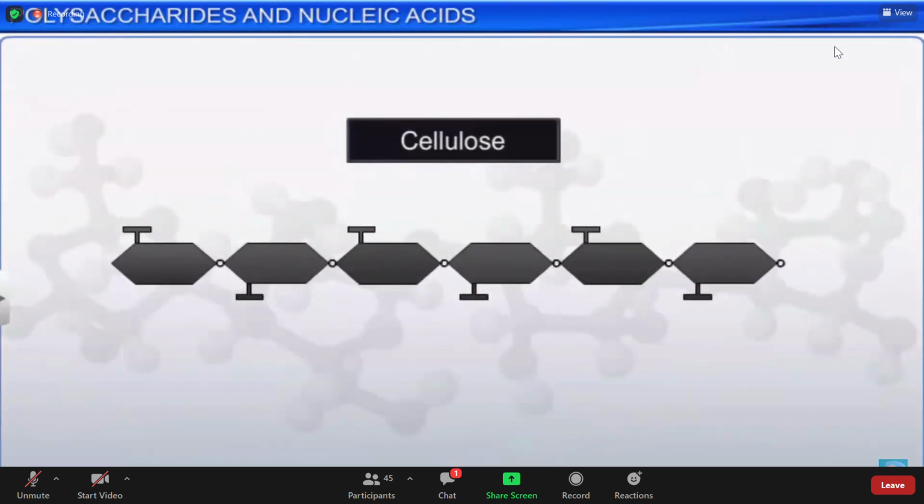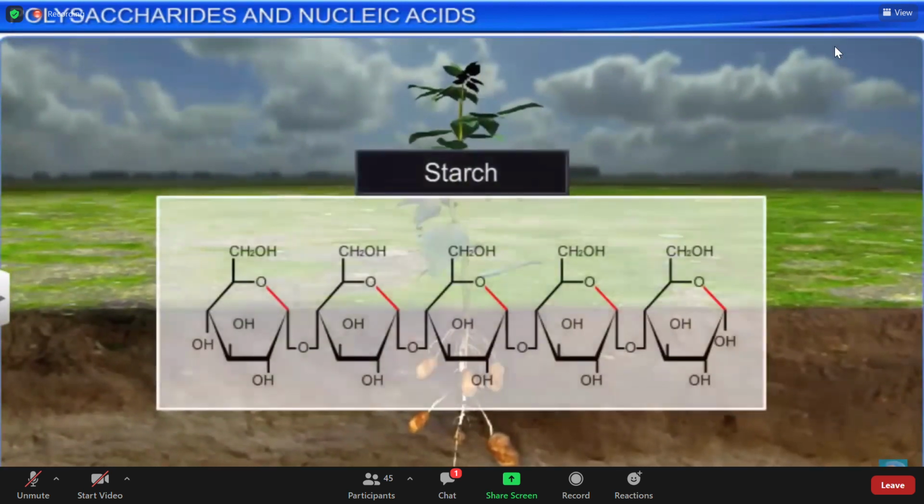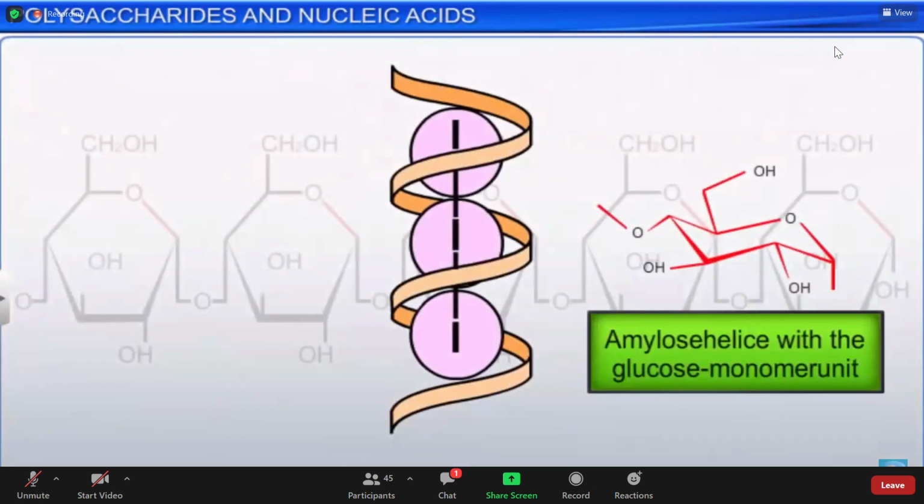Cellulose is a homopolymer consisting only of glucose as a monosaccharide unit. Some examples of cellulose are a plant's cell wall, paper made from plant pulp, and cotton fibers. Starch, on the other hand, is a homopolymer of glucose which acts as the storehouse of energy in plant tissues. Starch forms helical secondary structures, and in that position, it can hold iodine molecules. Conversely, cellulose cannot hold iodine molecules as it does not contain complex helices.